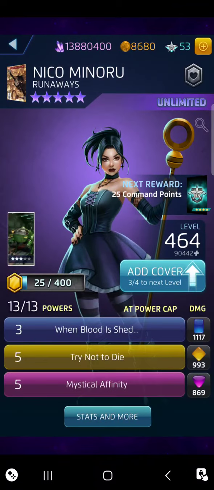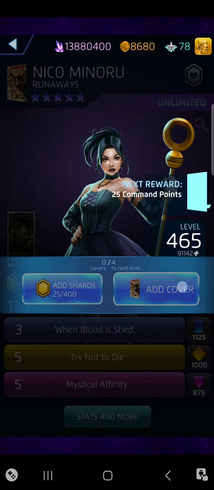Oh, let's do her. We're going to get some from Nico. Tip her over at 465. Updating the spreadsheet. They're starting the Deadpool vs. Marvel Puzzle Quest